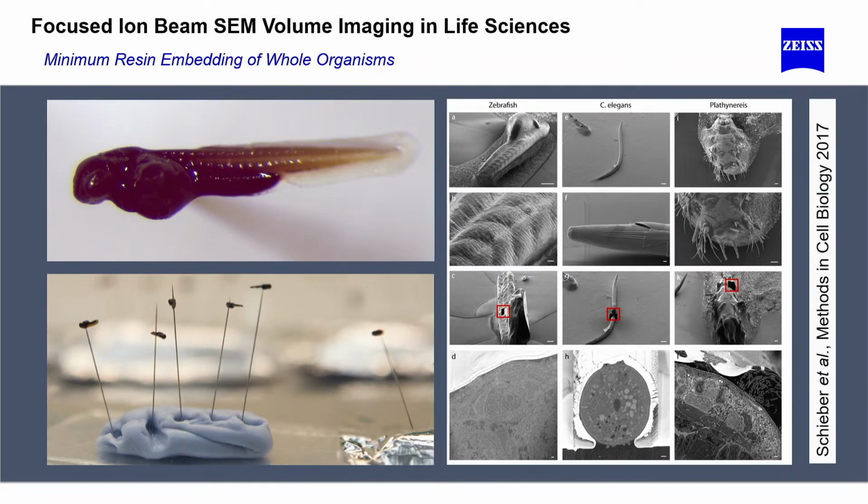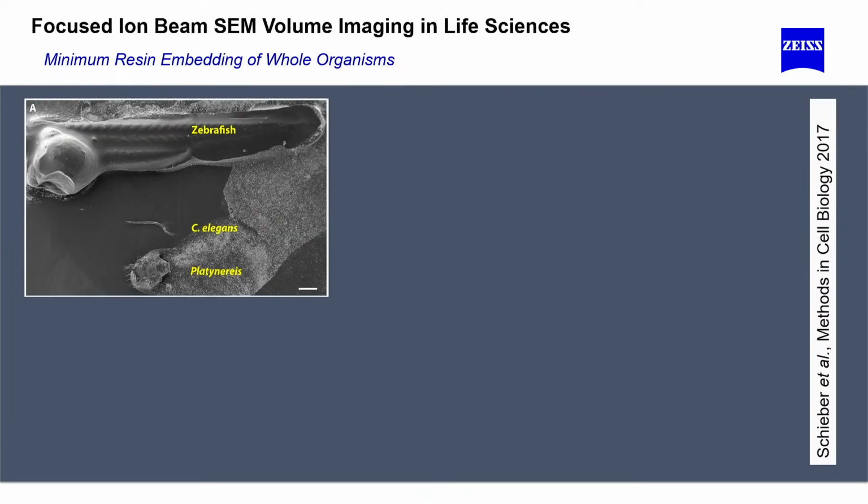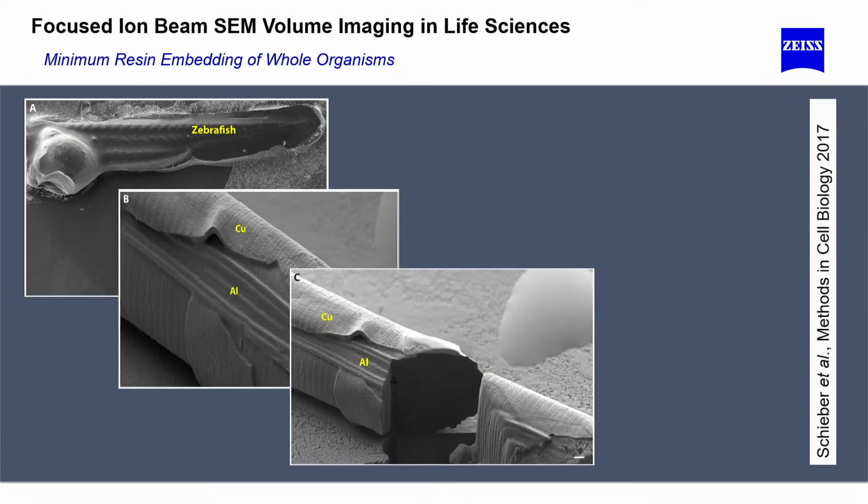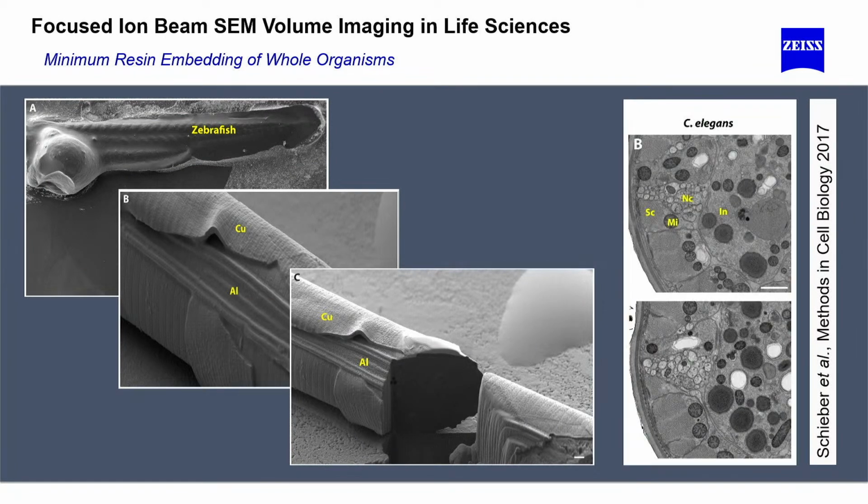It comes, I think, from the EMBL here, and it's called fish kebab. What they did, they put these large samples here on little sticks, so that's why it's a fish kebab, and let all the resin drop off before it finally polymerizes. By doing this, afterwards they can just glue the sample on a substrate and then start milling into this animal, so to say, and even take images from the complete animal during a long time with a very